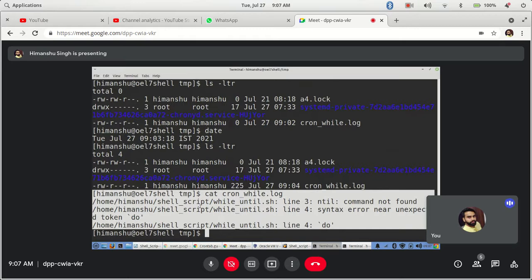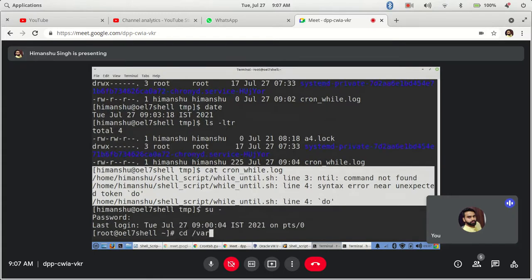Always remember that whenever you are using cron, you should always use these log files. Many people don't use them, and mostly they ask me that they have scheduled it but it is not running. The best way to debug is to at least have a log file, so that you will know what happened to the script. Otherwise, as a user you will not be able to find out. As an admin I can find out.